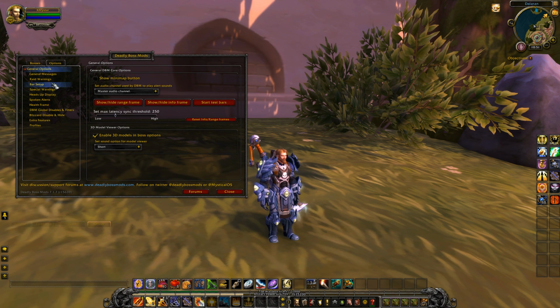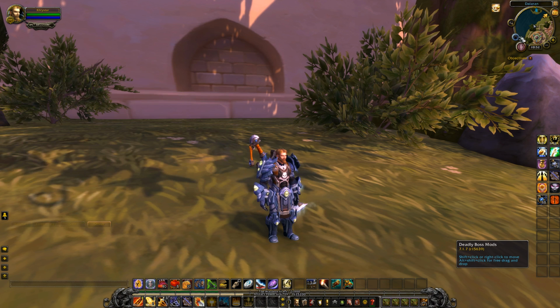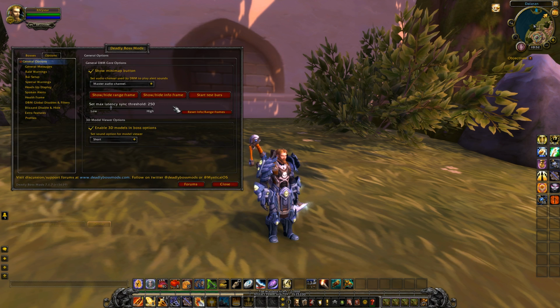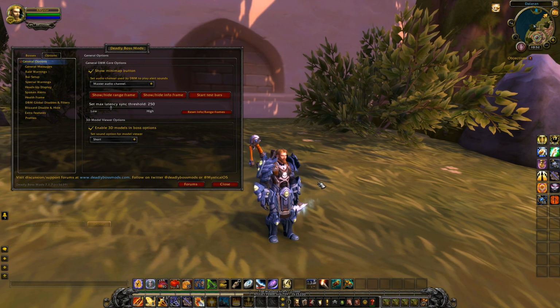But anyway, so we go to the options. First thing I would like to do, because I kind of like having easy access to Deadly Boss mods as a raid leader, is I'll turn on the mini-map icon right here in the general options. So if you click on general options, we're following along, show mini-map button, and that shows a little hooded figure inside a little button on your mini-map, and that's awesome.